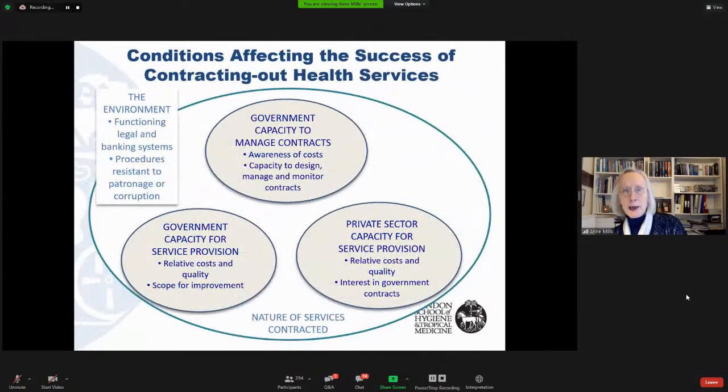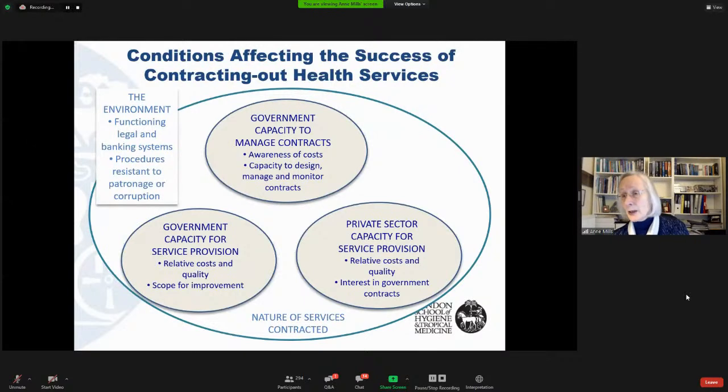And just to illustrate that with this example, we did some work some time ago on whether or not government should contract out the provision of health services to the private sector. And we looked at this in a number of countries. And out of a number of country case studies, we drew these conclusions relating to capacity. That at the top here, government capacity to manage contracts is a different sort of capacity from that required to provide health services. It requires a rather more sophisticated capacity. Indeed, it's a capacity that